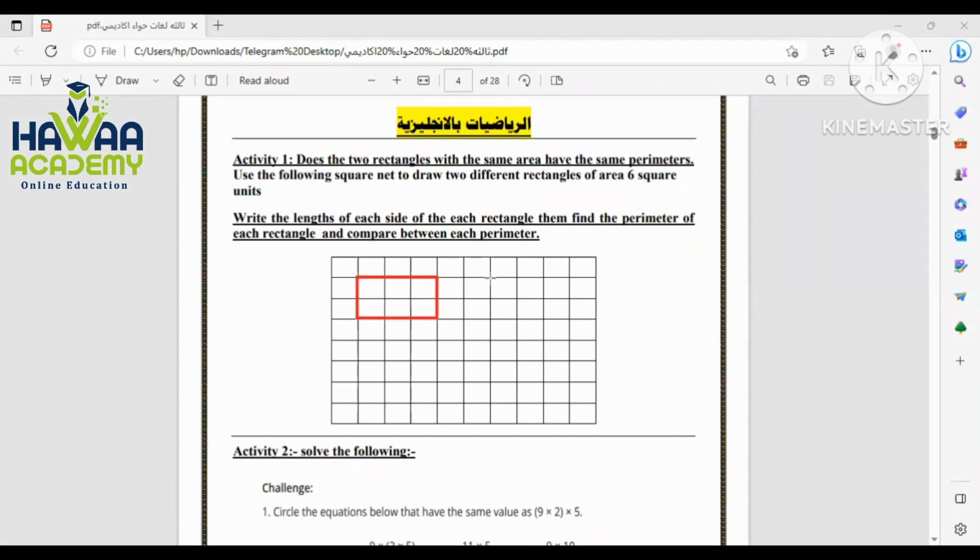This is the first rectangle and this is the second rectangle. They have the same area, 6 square units. And here also the area equals 6 square units. The perimeter equals